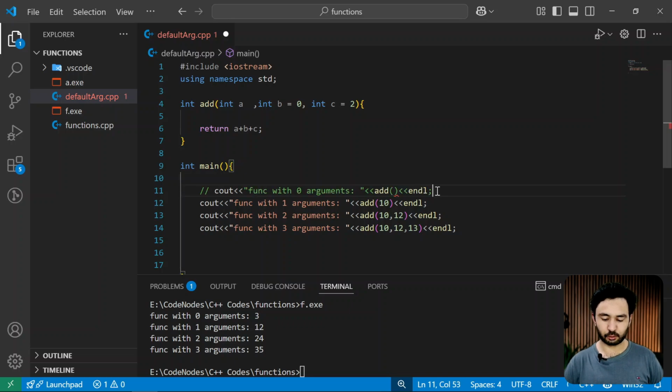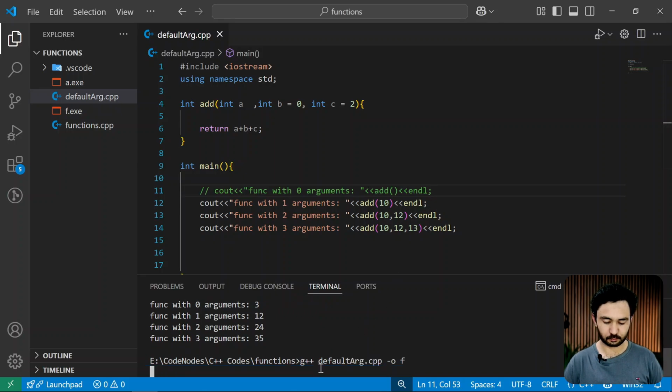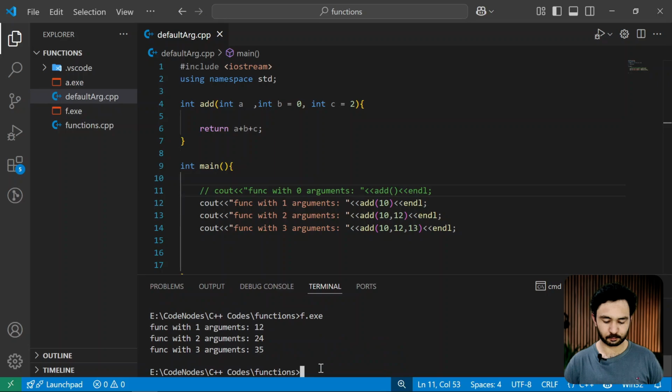So we will just comment this out as it will throw an error. So this time if we compile and run this, now as you can see it has run correctly. This 10 will be assigned to a, and b and c are already assigned with the default values.